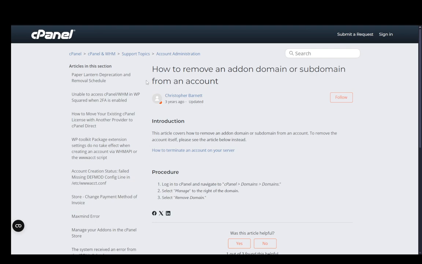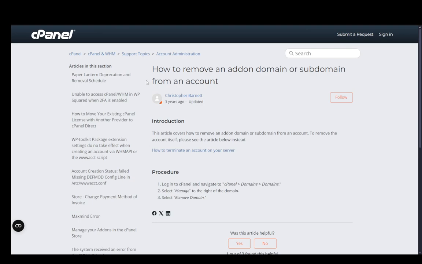And there are 2 ways in which you can delete that, however, not through cPanel. The first is to just simply change the main domain, and that'll change it to something else. However, if you want to completely delete the domain as well as the site, you are gonna need to contact your hosting provider, whichever hosting you're using. You're gonna need to go ahead and actually,